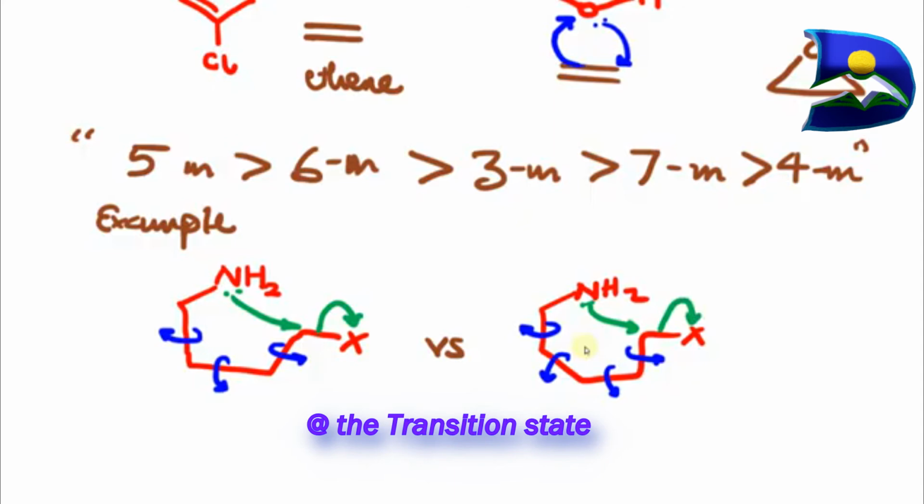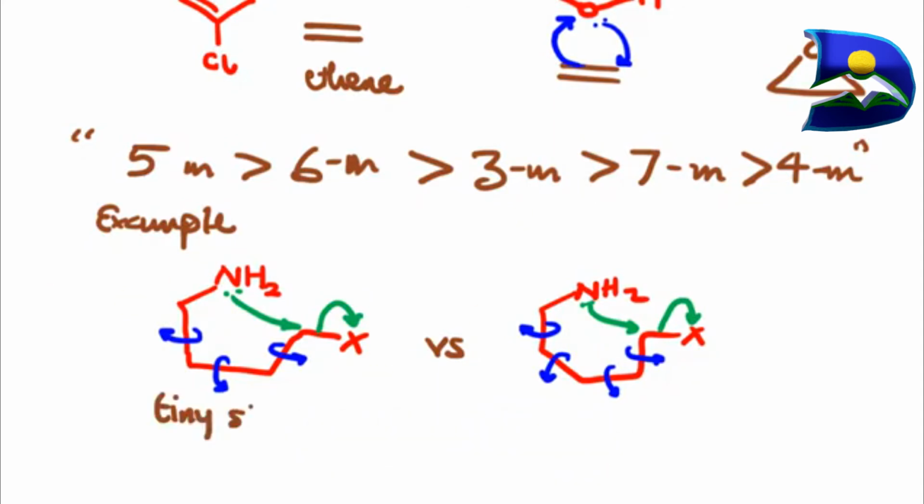Therefore, while this particular first case here has a tiny strain attached because it is a 5-membered ring, in this case here there is no strain, because it has more atoms along the chain to facilitate this particular reaction. But one thing we have to consider is the specific entropy. Take note that